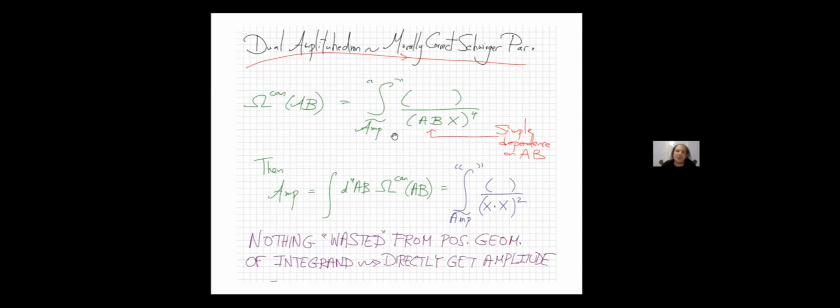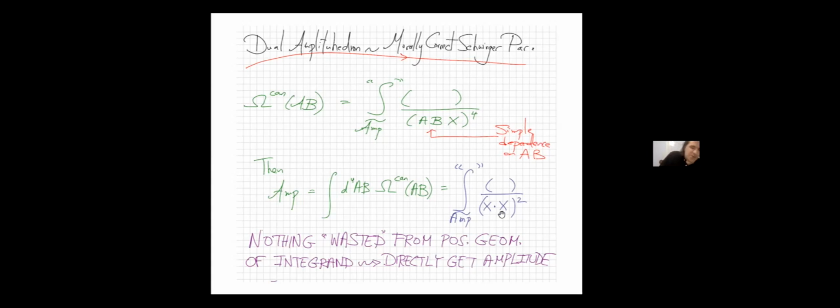And now everything here is in quotations. I don't know exactly what this means, some kind of integral over some kind of dual space. But the whole point is that the dependence on AB here should be really simple, so that A, this would be an intrinsic representation of the canonical form, but B, you could then do the integral over AB and just get this expression, okay?